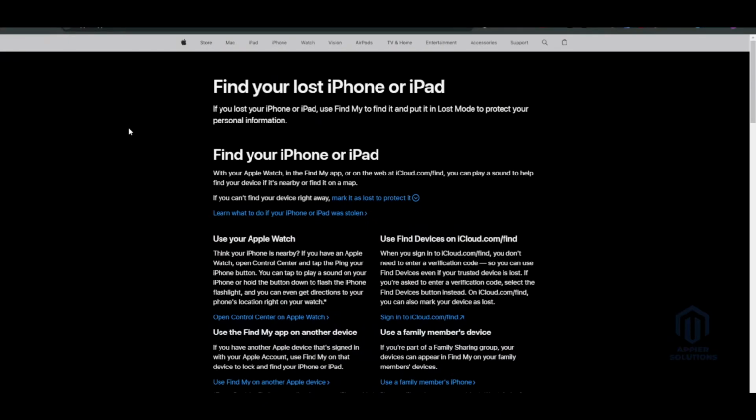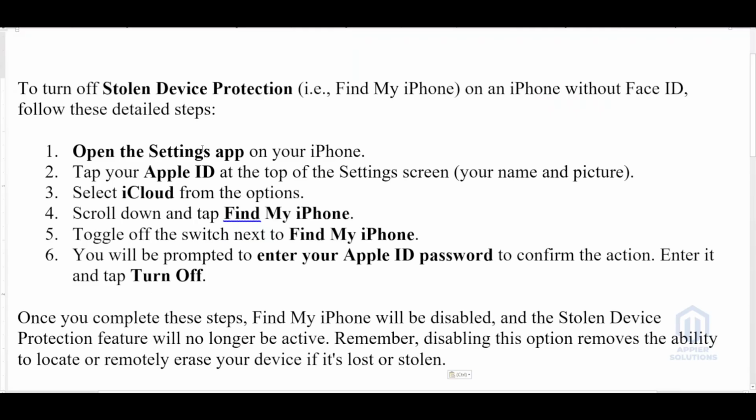How to turn off the stolen device protection on iPhone without the Face ID. In this video, I will be telling you exactly what you need to know in order to do so. So these are the steps that you need to follow